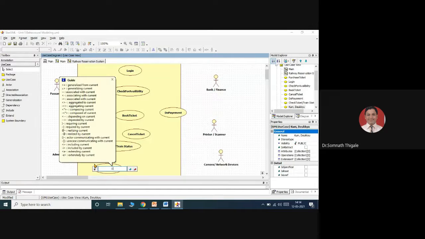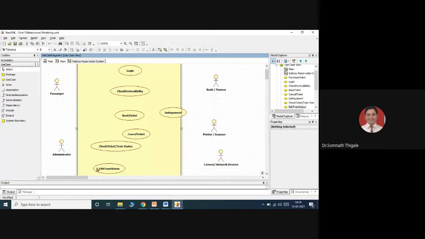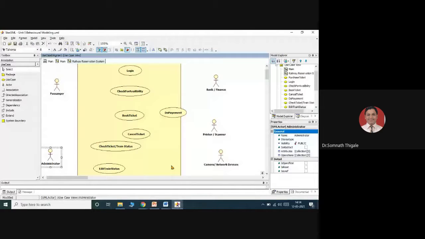I can say edit train status, whether the train is running on time, whether the train has been cancelled, preponed or postponed because of some calamities. All these parts will be handled by this administrative person. So we need to take the administrative side into consideration.